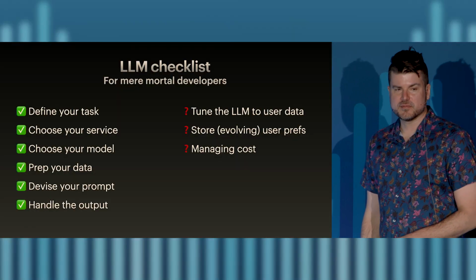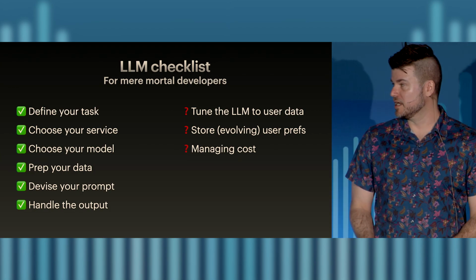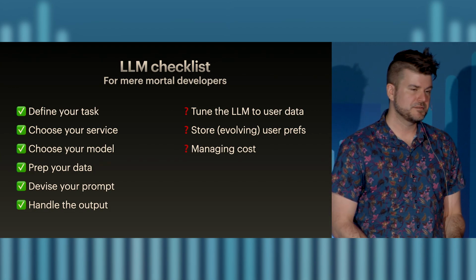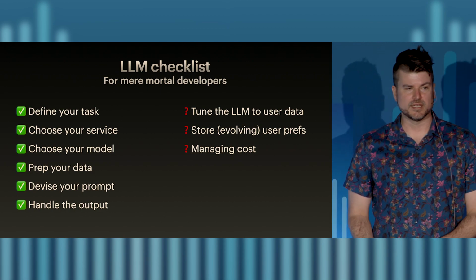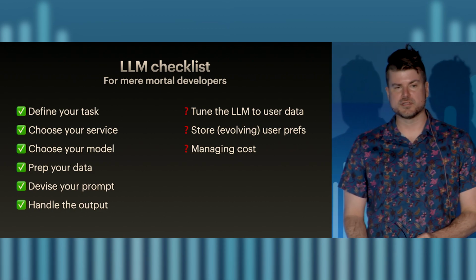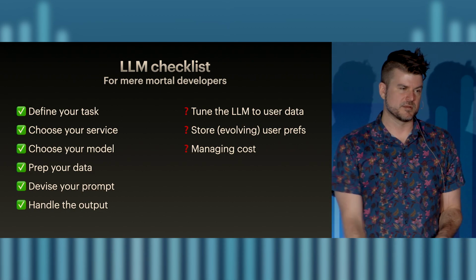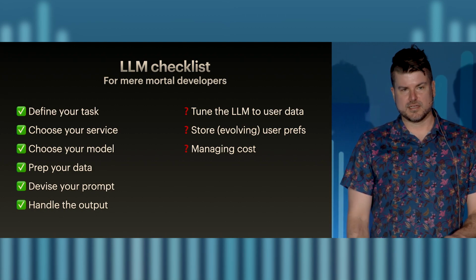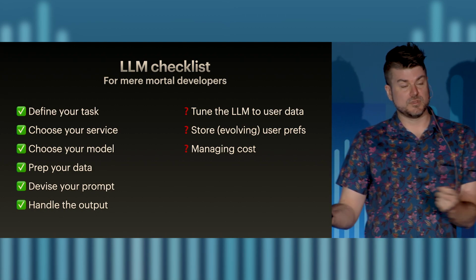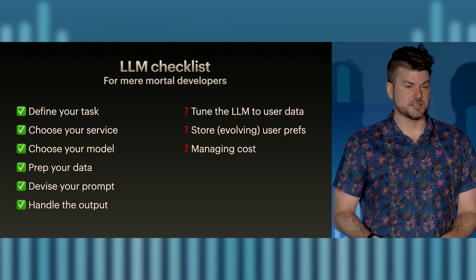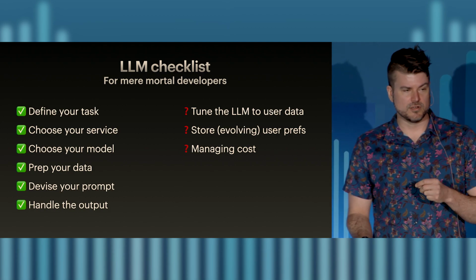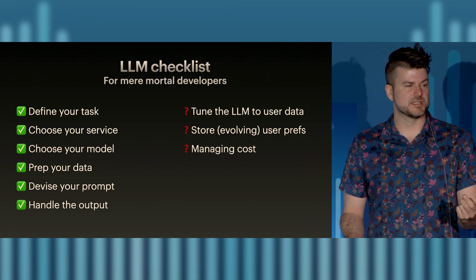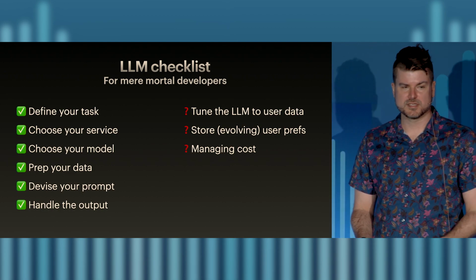We talked about that. What we didn't talk about, and what honestly I'm not really here to give you the answer for, is how do you tune the LLM to your own users' data, right? How's that going to work? If you have 100,000 users using your email summarizer, let's say for example you were building an autoresponder instead, and you wanted to have all those auto responses in the tone of that user's previous emails, how's that going to work? Same for storing evolving user preferences.